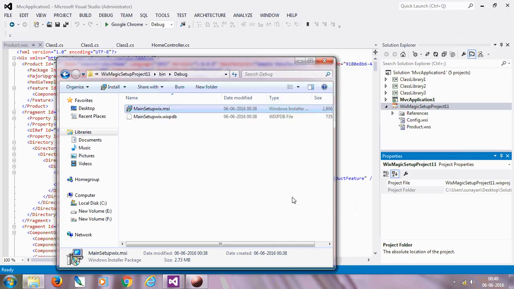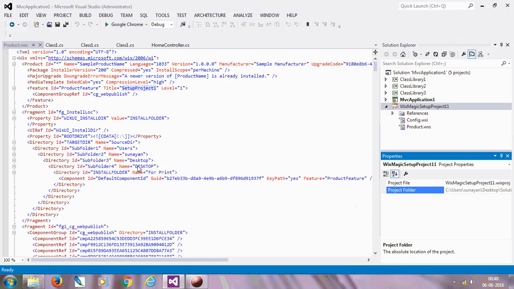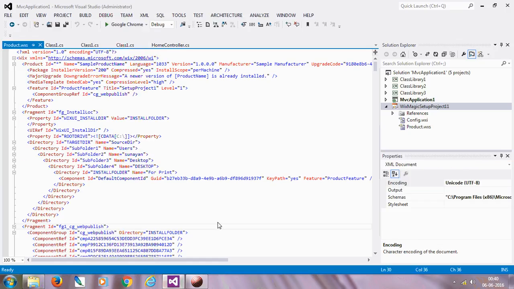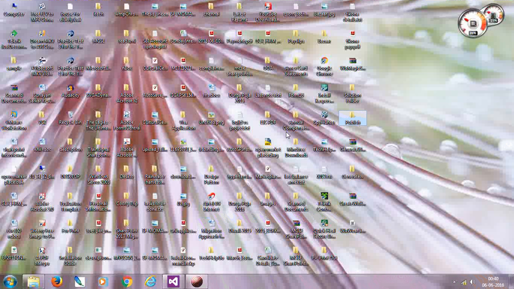Now if I go to the location, that is the user's desktop for print. Now if I go to the for print location, Windows D, and